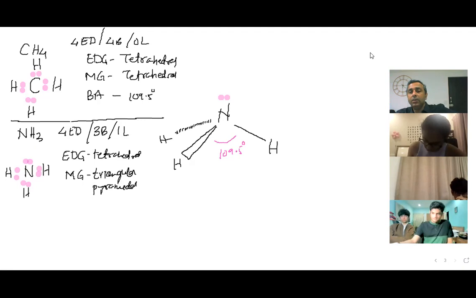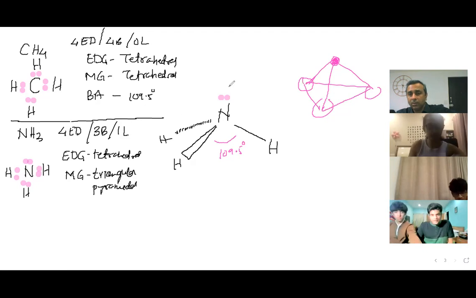Okay, now how is this a pyramid? This is the pyramid. So it's a pyramid shape, but a triangular pyramid, like a pyramid with a triangular base. This is the triangular base, and this is one. So it's like this. There is nitrogen here, and the 3 hydrogens are here. That's the shape. So CH4 would have been a square pyramid, right? It's a tetrahedron. Okay.